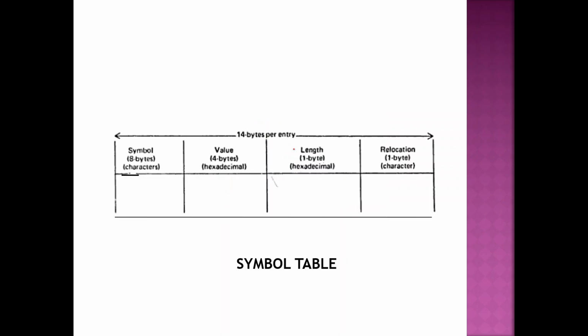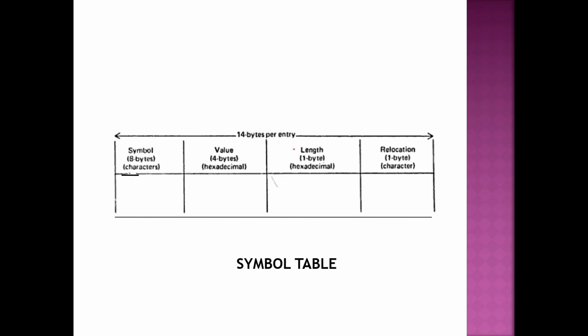Now this table is the first table which is user defined, because symbols and variables you are going to give, so it is going to change from program to program. Everything about the symbol, what is the name of the symbol, where it is stored, what the contents are, everything is going to change now. So this is not a fixed table. This is a floating table, so it is going to change. From now on, the other 3 tables we are going to see are all floating tables, not fixed, right?